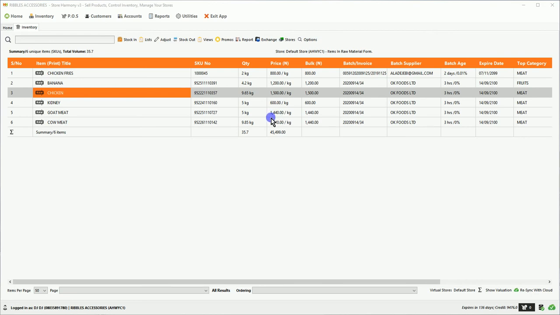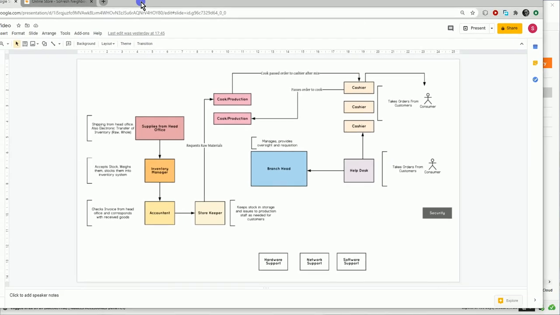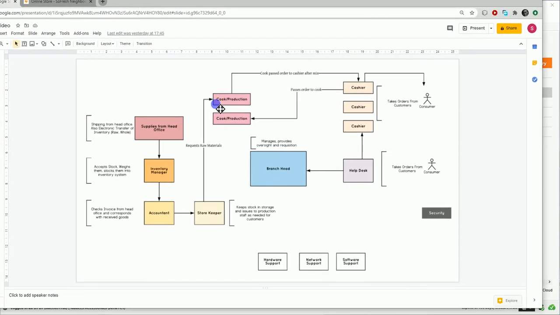So we wanted to look at another potential feature of StoreHarmony that can help to manage raw material and help account for its use at different times. So in this video, we're looking at a workflow. If you look at this workflow here, the idea is that, to efficiently, a customer